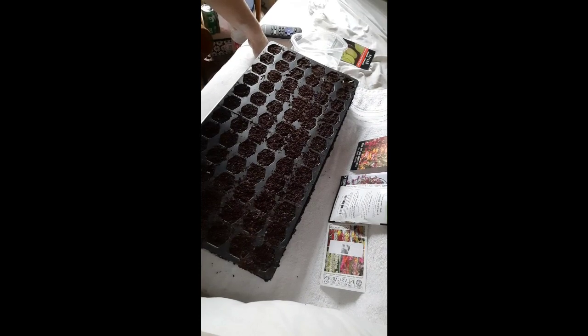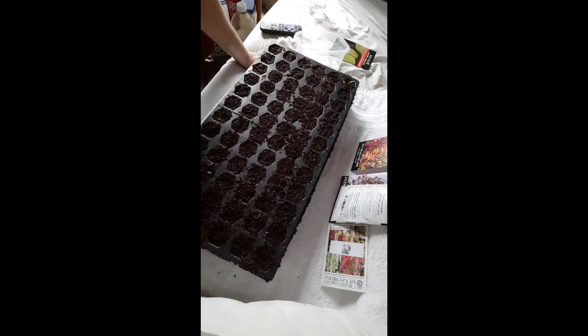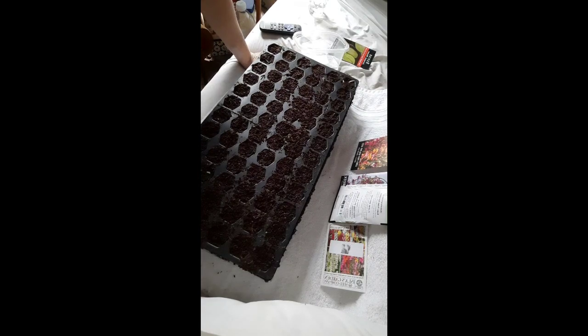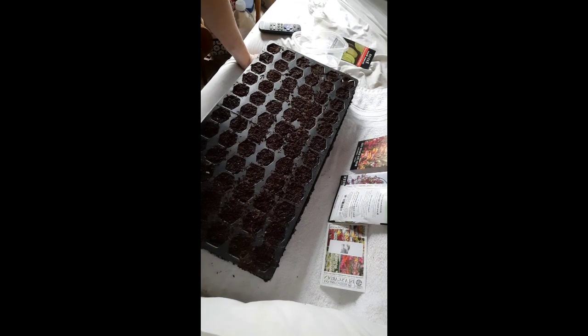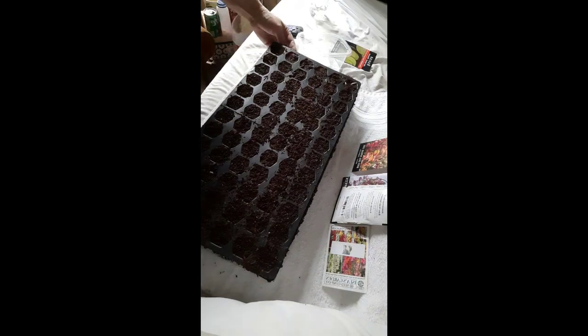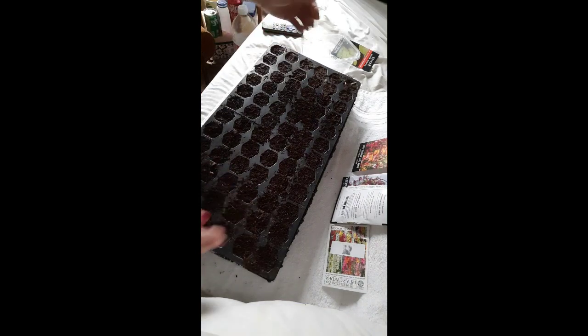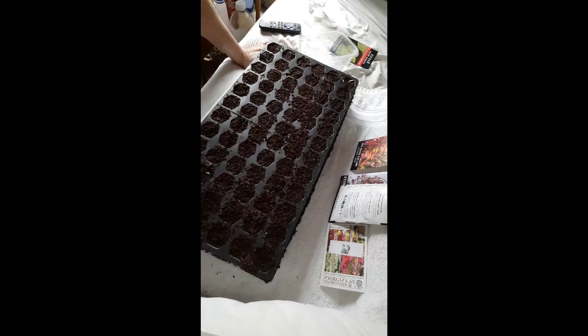So what I've noticed is I put the top on to keep the humidity at a correct level, and sometimes it's about 5 days before you see anything happen. And once you get 50%, I usually wait till closer to 75 to 80% germination. Then you take off this clear top that keeps the humidity at a high level, and you just put it under the lights. I have 4,000